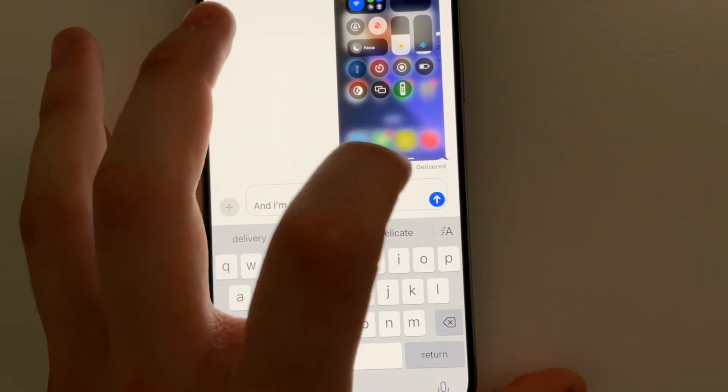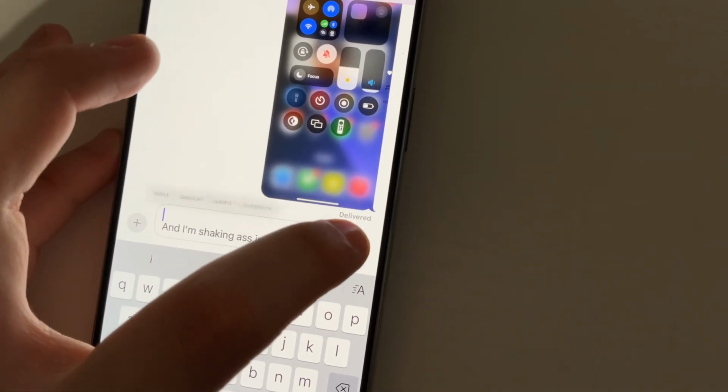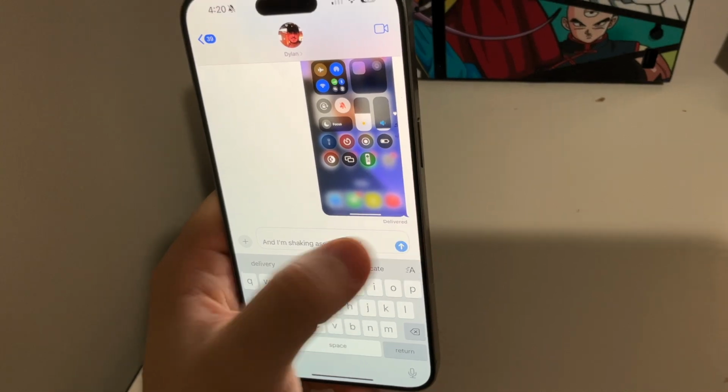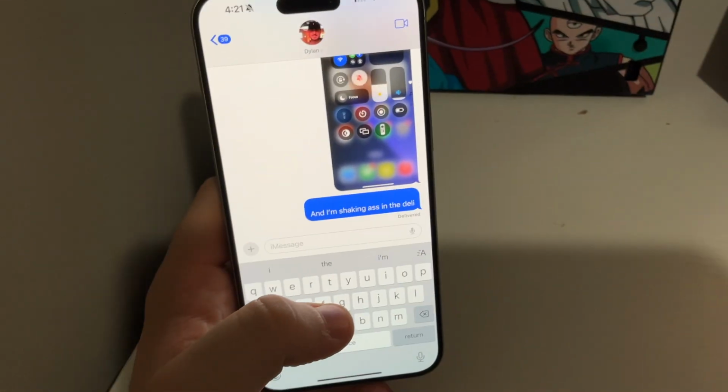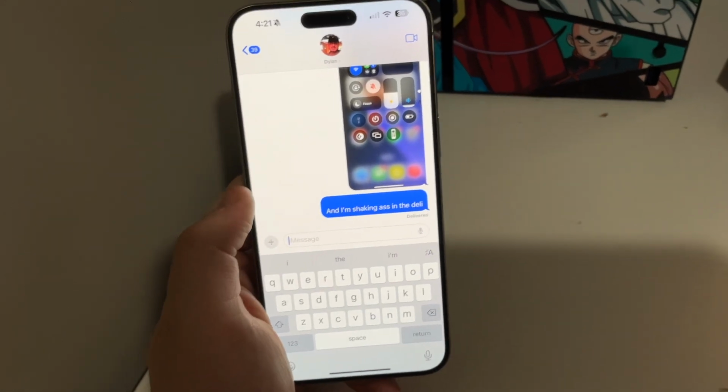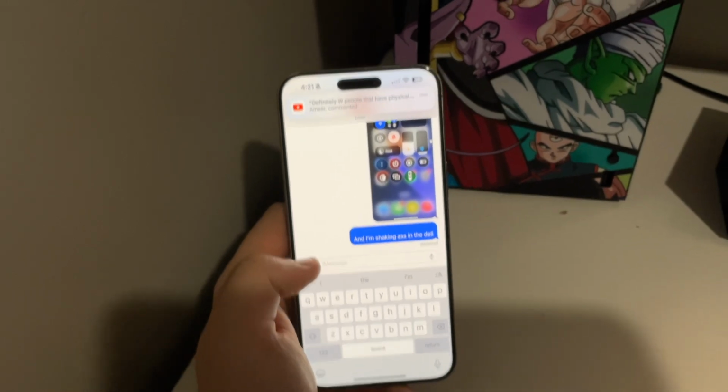Oh my God. So as you guys can see, iOS is pretty bugged out right now. No matter how many times I click it, like, damn. Oh, it did it. Yeah! After about 20 minutes, it finally shook. I'm shaking ass in the deli. So as you guys can see, there's a little bit of bugs that they have to tweak and fix here,